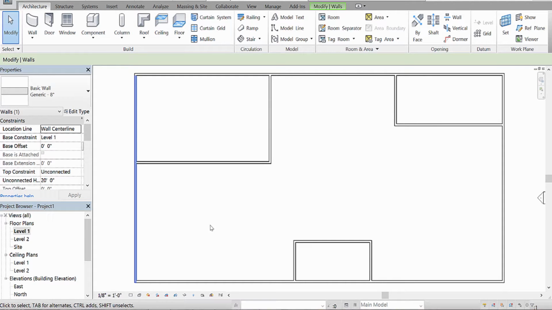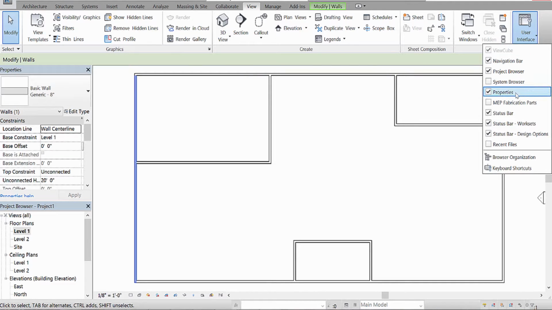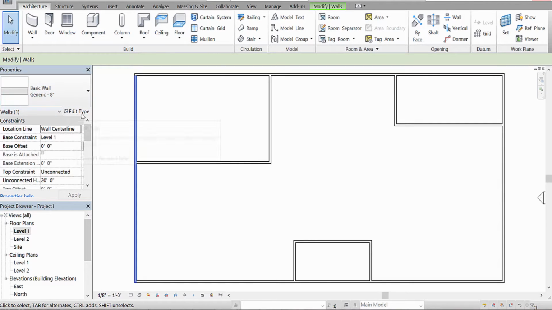Okay, welcome, and let's go ahead and design our exterior walls. What I'd like you to do is select one of your exterior walls to start, and then it should open up your properties option. Now, if it doesn't, or if you can't find your properties, it's just hiding under the View tab, and under User Interface, make sure that your properties option is pressed on. If it is, click on the Edit Type,